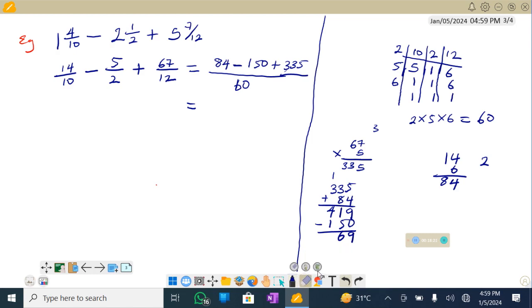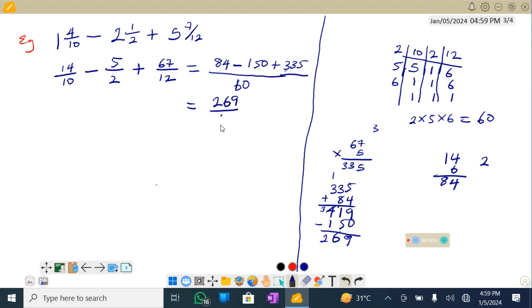So let's subtract. Let's clean this. 9 minus 0 will give us 9. 1 minus 5 cannot go, so we have to borrow here. When you borrow 1 here, you have 3 here. You put it here, it will give you 11. 11 minus 5, that will give you 6. Then 3 minus 1, that will give you 2. So what we have there is